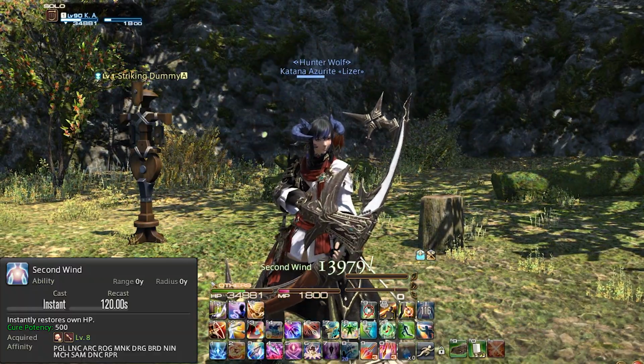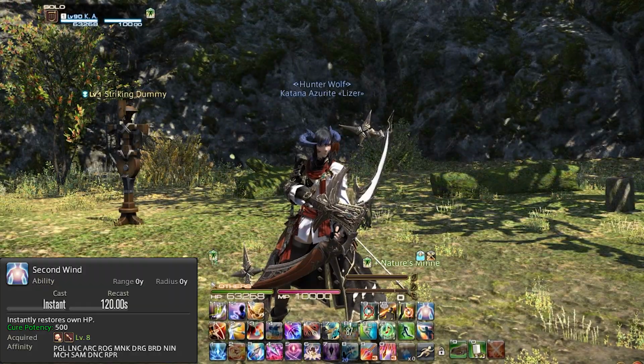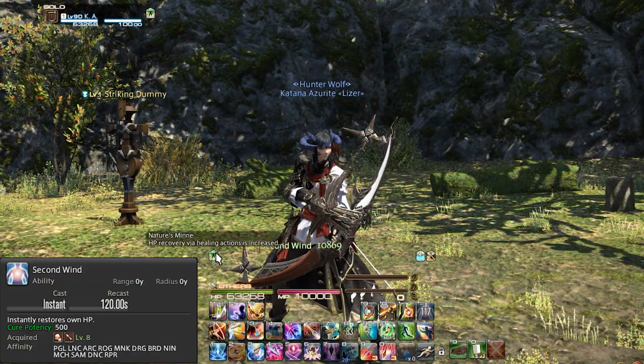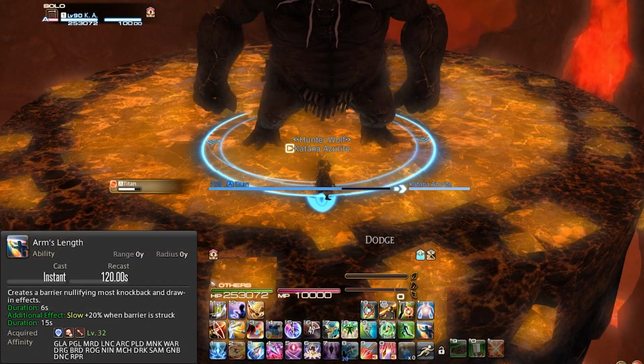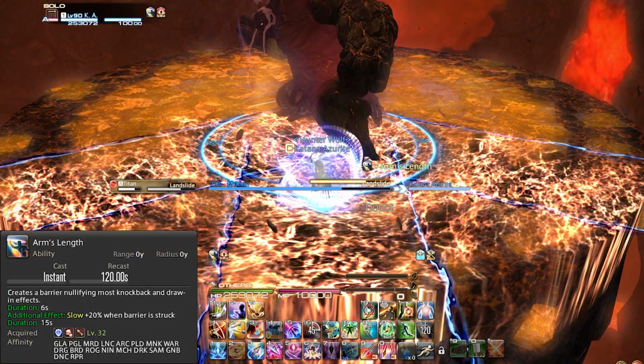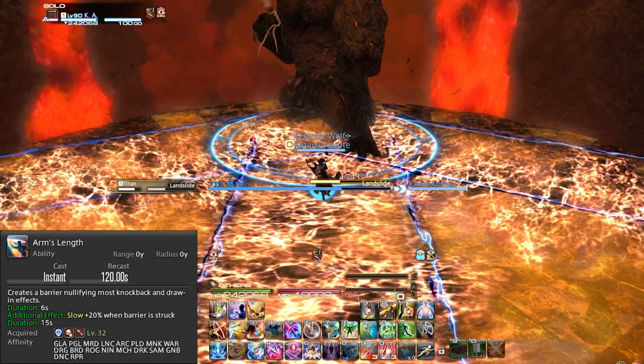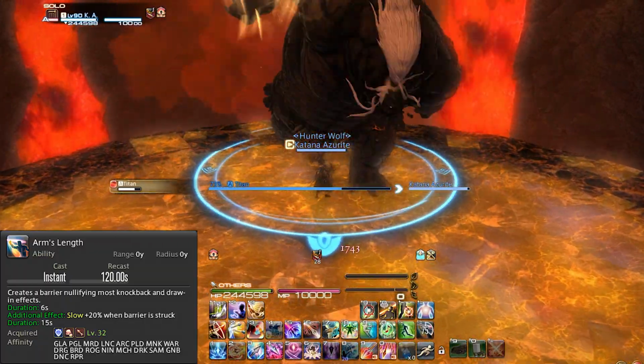Just like with Troubadour, this is an excellent tool to be used when taking raid damage or when your healers can't reach you with their heals, so make sure to take advantage of this. Arm's Length has a 120 second cooldown and prevents knockback and draw-in effects for 6 seconds. Use this when an encounter is going to knock you back to prevent the knockback and any unnecessary repositioning that